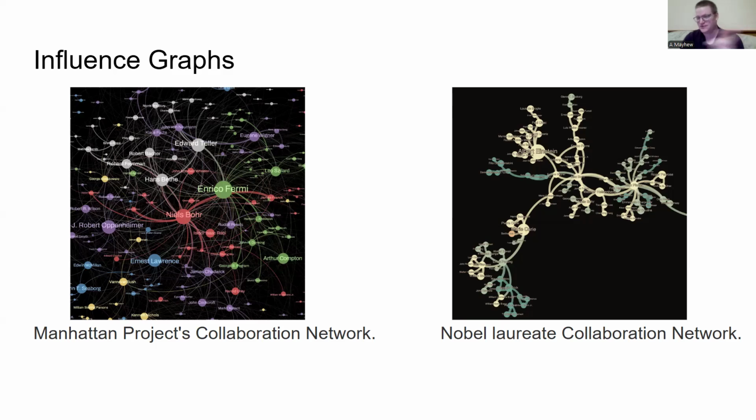And then a similar-ish example is the Nobel Laureate Collaboration Network. Each node is a person who won a Nobel Prize, and each edge is a connection between that person and another person who won a Nobel Prize. And you can see, well, Einstein's circle is pretty big. A lot of people collaborated with him,